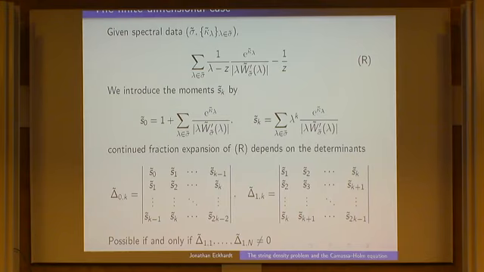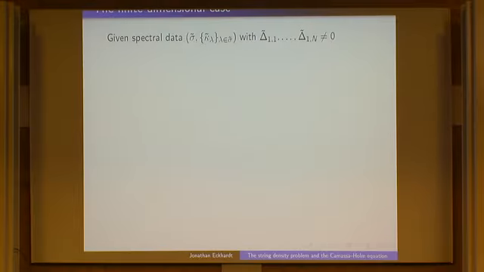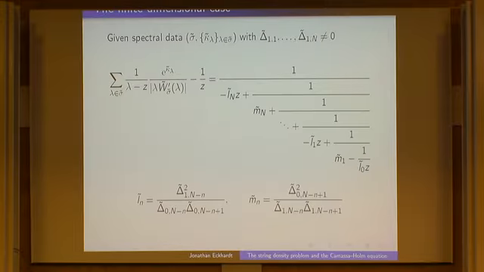And these determinants are just given by these expressions here, where you have moments up here, so it's not really important what they are now. But you have an if and only if condition for being able to expand this rational function into a continued fraction. So if you have spectral data which satisfies this, then by this result of Stieltjes, you know you can expand it. And from Stieltjes, you even get explicit formulas for the coefficients.